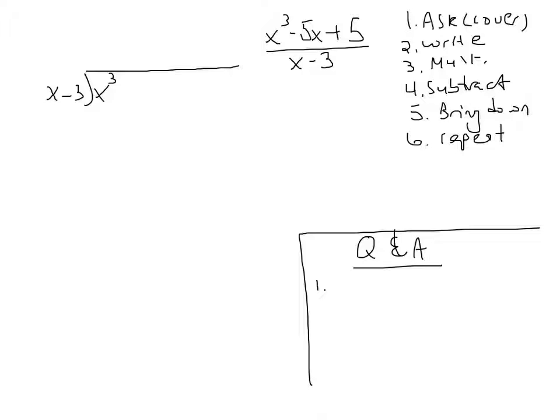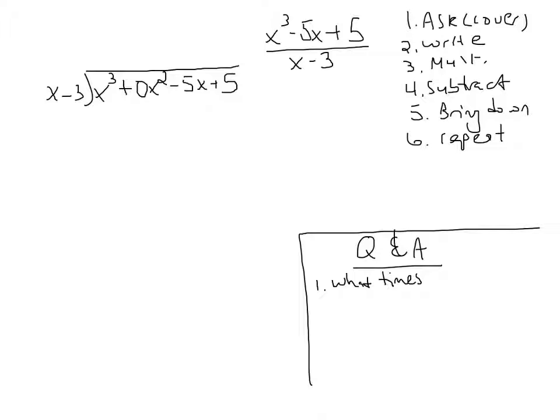When we're doing long division, we need a placeholder for every different variable, even ones that are missing. So because there are no x squareds, we need a placeholder of plus 0x squared. And if there was more than one missing term, we would need more than one placeholder. Okay, so our first question,